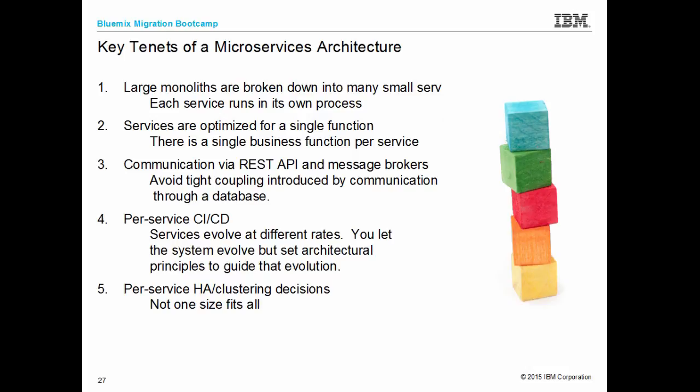The one thing it does suggest is that you avoid type coupling introduced by communication to a database. In fact, if you really follow the microservices architecture, one of the tenets is that you could make, again using the notion of polyglot programming and polyglot persistence, a different database choice and maybe even a different runtime language choice for every single service. Now that's going to be extreme, but you can certainly understand why you can get there if each service is decoupled from each other, and especially if they're not coupled at the database, where they all communicate by writing to and reading from the same database tables. Once we've gotten to this idea of having independent, loosely coupled